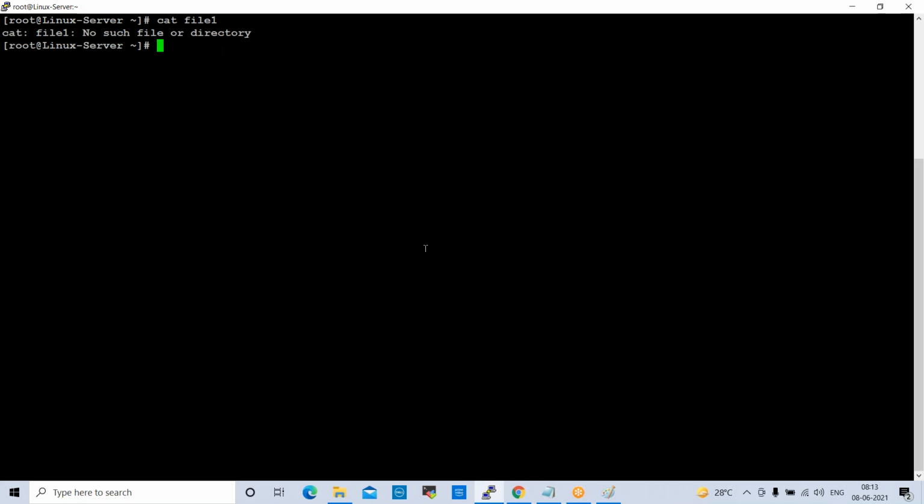To read the data of a file, we normally use cat file name. But for creating a file, we use greater than. So this is the command to create a file: cat greater than and file name. Enter.